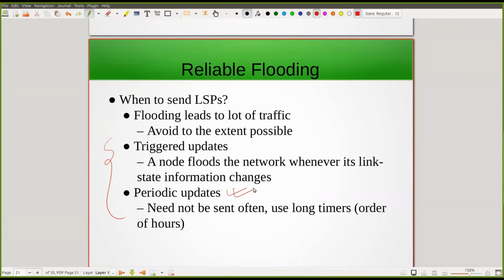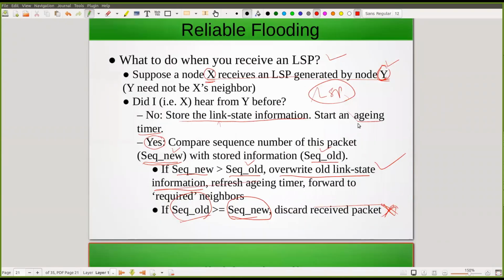From time to time, as I already told, there is a timer, the aging timer. Whenever you are storing information, you start an aging timer. That means that information is valid for a certain period of time. Once that information is lost, it must be propagated again so that everybody knows about each other's link state information. So from time to time, depending on this aging timer, this link state information must be exchanged between the